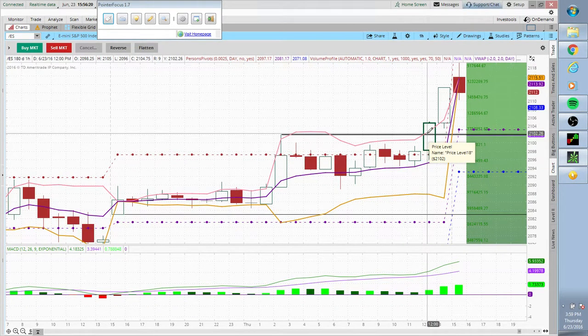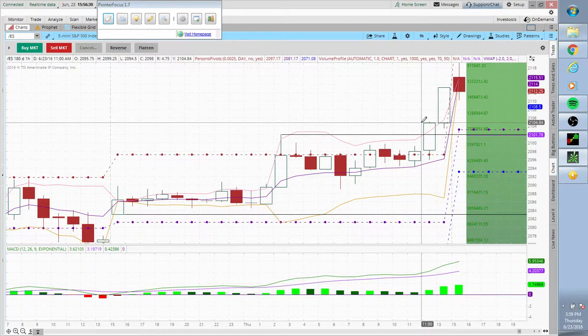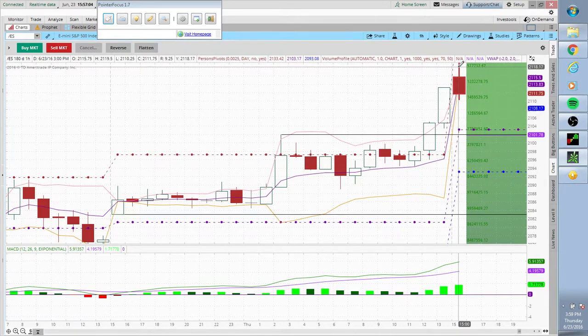Now, typically, when it breaks the range like that, that's usually it. It falls back within, but it didn't. It just kept shooting up higher and higher. I shorted the breakout, and I should have probably known better because of the news. And I shorted it with a buy signal I had on VXX, and that promptly got blown out of the water, and then it just shot up and shot up until the close, and it closed at, really, if you look at this on a daily, which I'll go to in a second, just hit the top of the daily range for the year. And then I actually waited for it to open, and once it opened, I went ahead and shorted the market with ES actually at 2117,